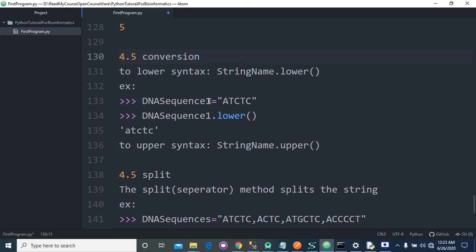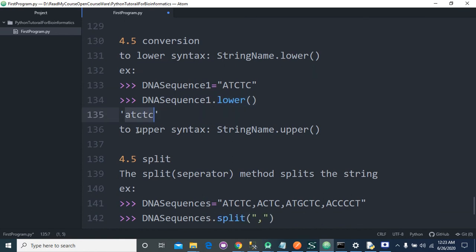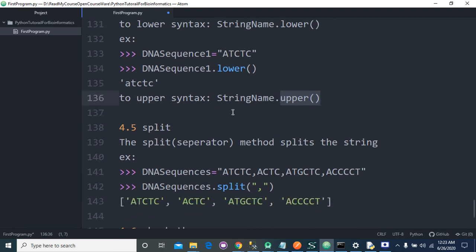If we have DNA sequence 1 is equal to ATCTC, then DNA sequence 1 dot lower will convert it to lowercase, and if we use upper, it converts it into uppercase characters.